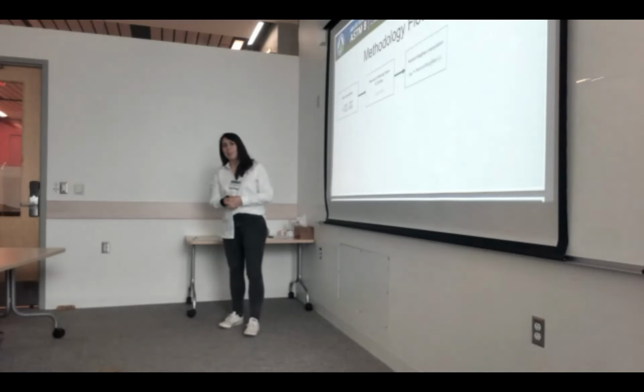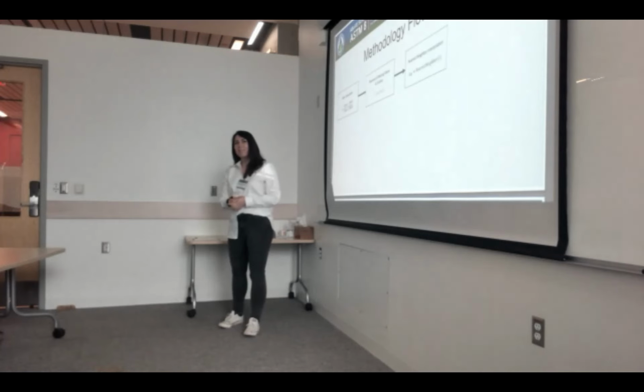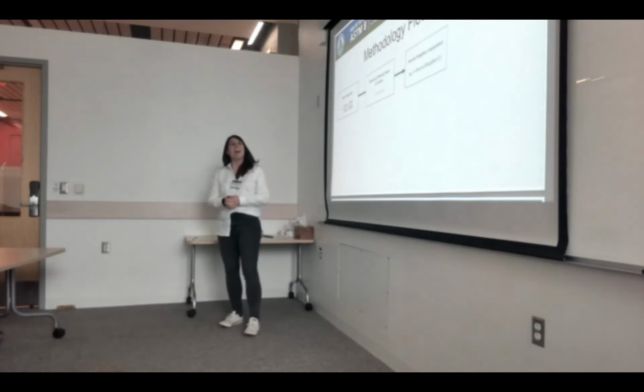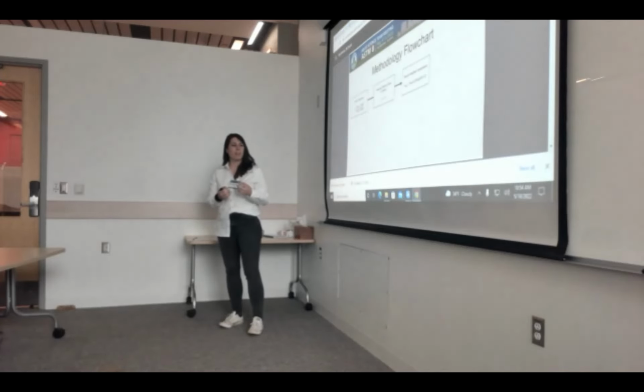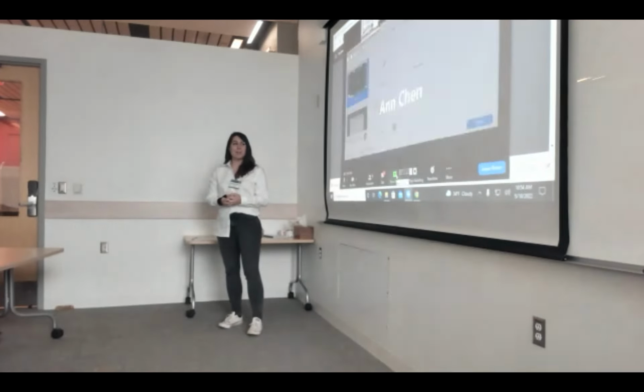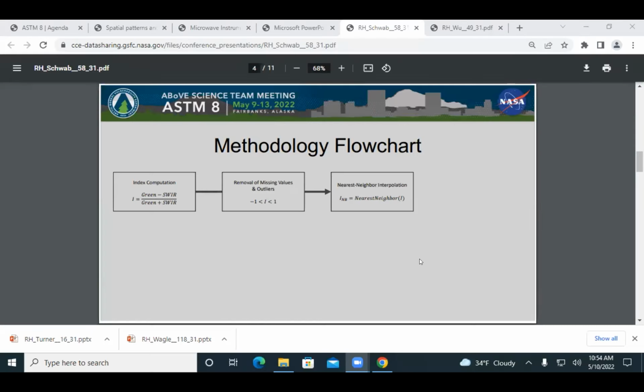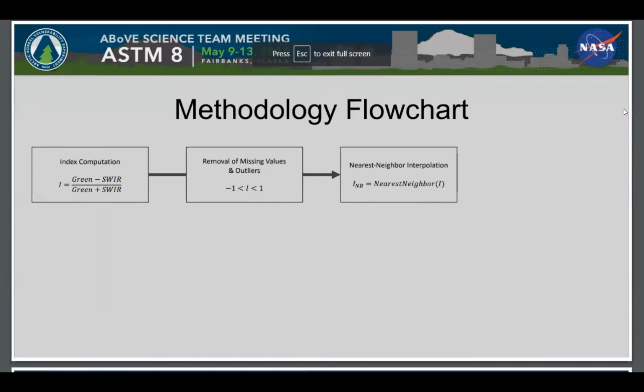Then I also used thresholding, which is a non-parametric dynamic thresholding system to really find the perfect threshold, a cutoff point for what is a water body and what is land surface, which I will show in a diagram here. After this,